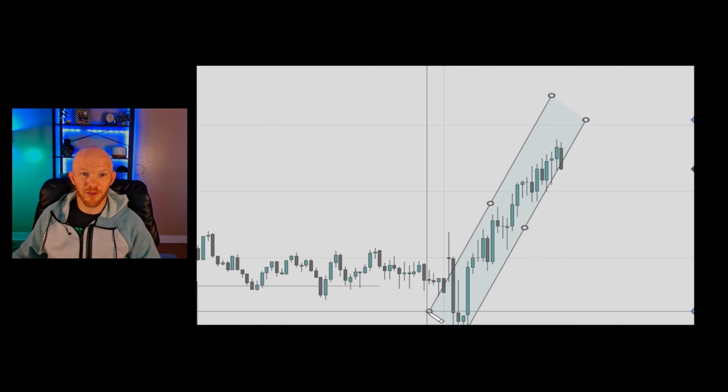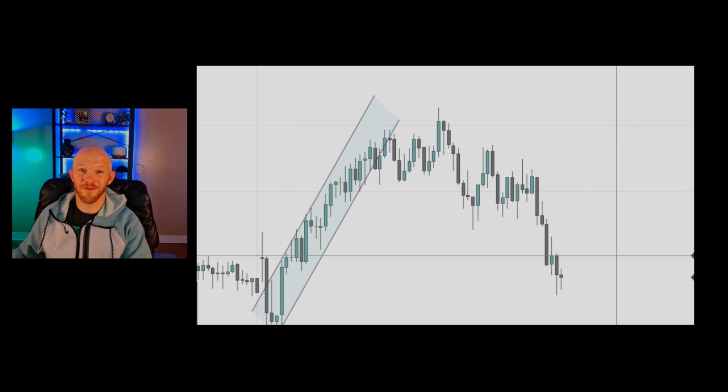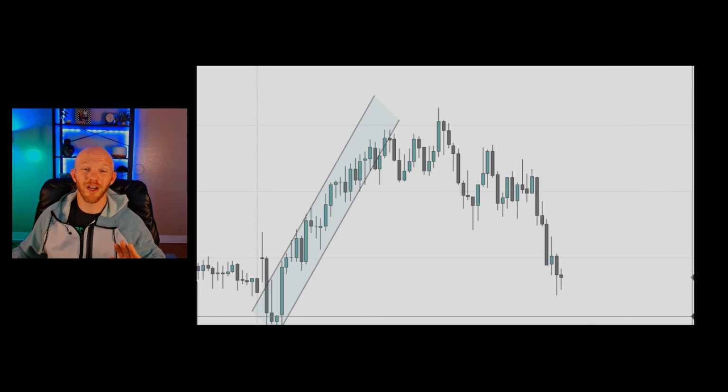Now we have an uptrend, right? And we can start to look to go long this whole time until this thing has a break and new extreme. It's pretty crazy. If you've never seen this rule in action before, start drawing trend lines on your chart and notice how often this happens. Break, new extreme, then reversal. Break, new extreme, then reversal.